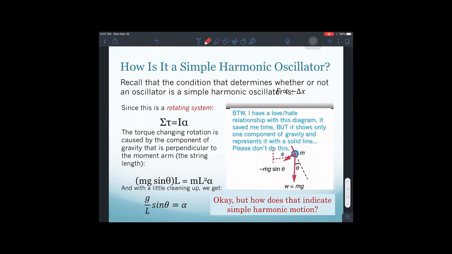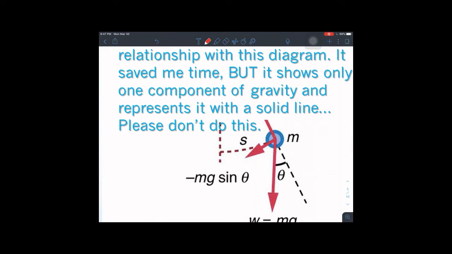Well, why does it follow simple harmonic motion? Well, we know the force is the same, it's just the force of gravity, but the reason that simple harmonic motion exists in this portion is that a torque is applied as there is a force tangential to the force of tension,